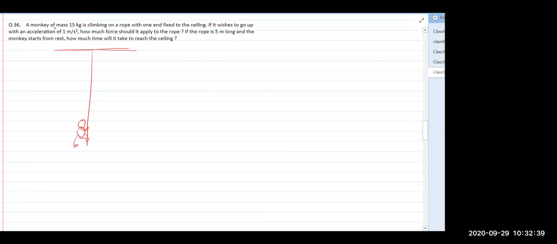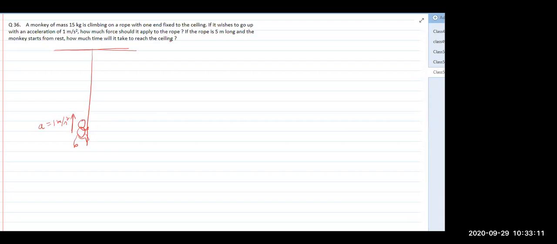A monkey of mass 15 kg is climbing on a rope with one end fixed to the ceiling. If it wishes to go up with acceleration 1 meter per second square, how much force should it apply to the rope? If the rope is 5 meter long and monkey starts from rest, how much time will it take to reach the ceiling? Okay, so first, since it is accelerated, we have to see what should be the